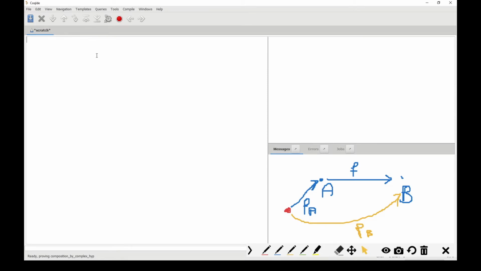First we're going to start with the obvious theorem syntax, and let's call this composition by forward proof. In forward proof, basically we type in a complex hypothesis and then solve it bit by bit from left or from right. So forward proof, and then for all A, B, comma, nip semicolon, and the type is prop,